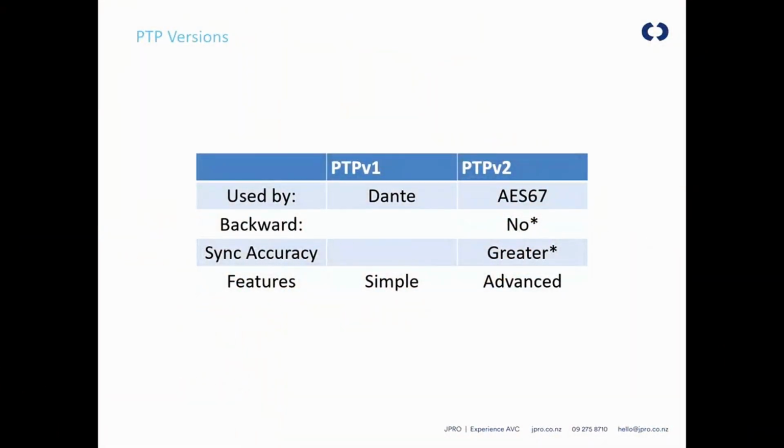And it will work because it's not pushing out as many packets. And Dante has rightfully said that the PTP v1 standard sends enough packets out that it's not a problem for digital audio in this case. So what we learn is, as great as PTP v2 is, it is better, but it's not necessary because PTP v1 functions fine. There are thousands of Dante systems in the world that run on it, and they haven't had issues. So we understand there's two standards. But what we can also grasp from this is